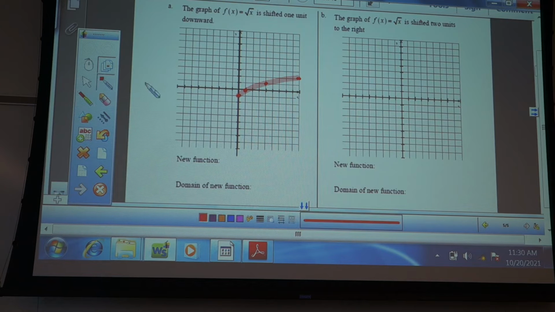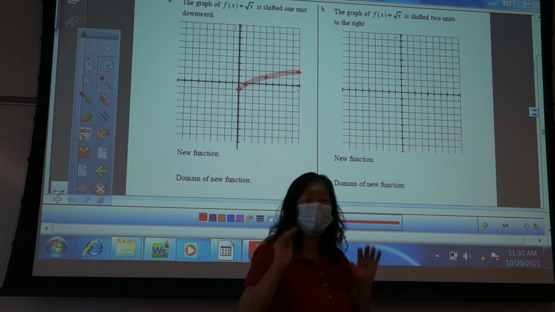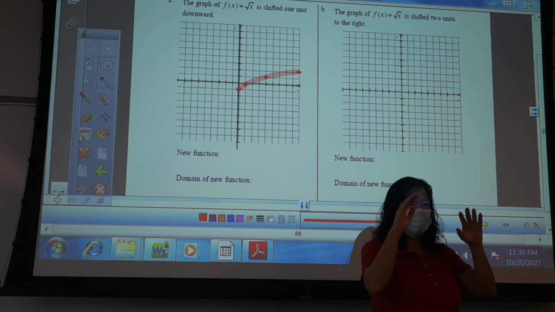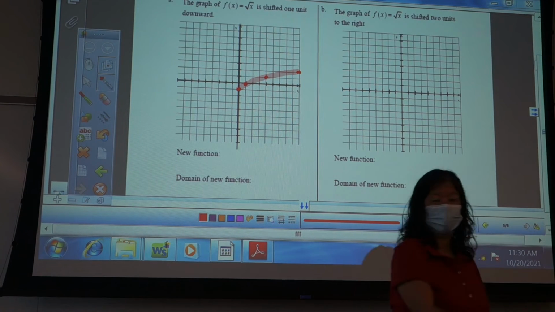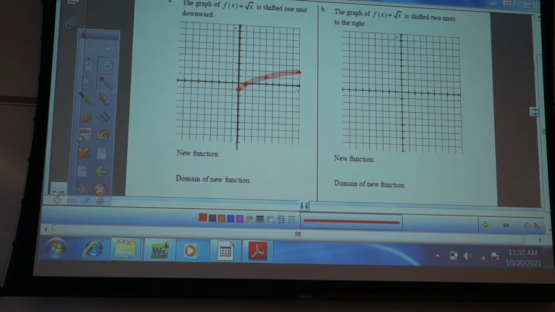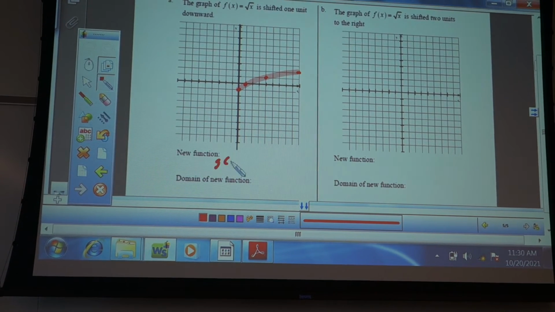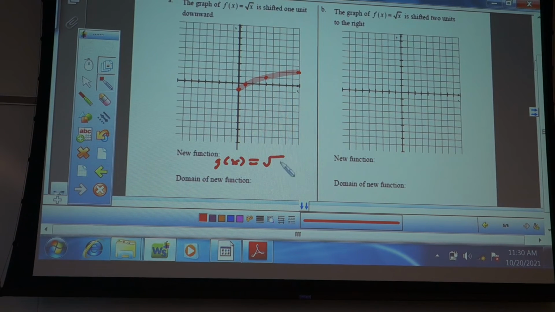Okay, so the new function, where did I shift? Did I go left, right, or up, down? Up, down. So is up, down on my inside or my outside? Outside. Right? So up, down's on my outside. So I'm going to take my function, and I'll call it g of x is equal to, it's on the outside. So I'm going to write my function, square root of x, and then on the outside I'm going to put